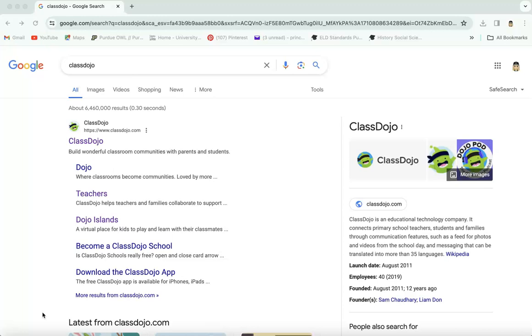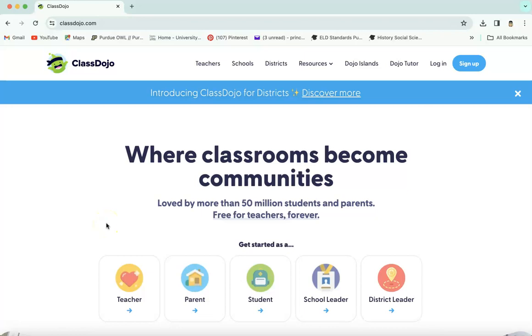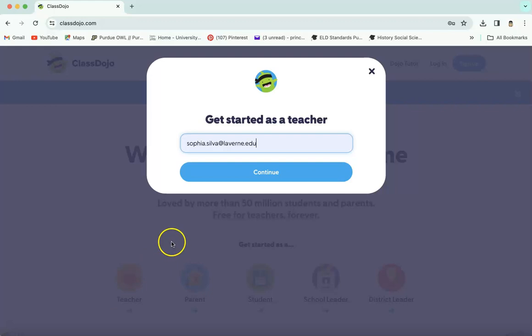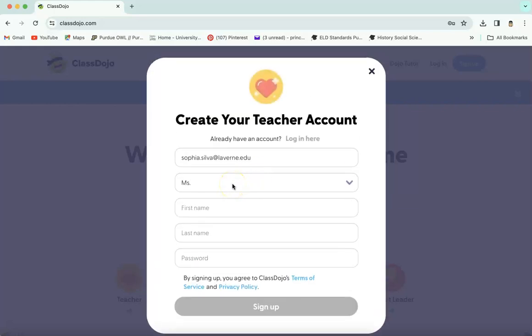So today I'm going to show you how to create a teacher ClassDojo. So you're going to type in ClassDojo, then you're going to click on it. It's going to bring you here. And so then you're going to select that you are a teacher because that's what we want to create. It's going to ask you to input your email address. You'll select continue. It's going to bring you to this screen, and then it's going to ask you to select